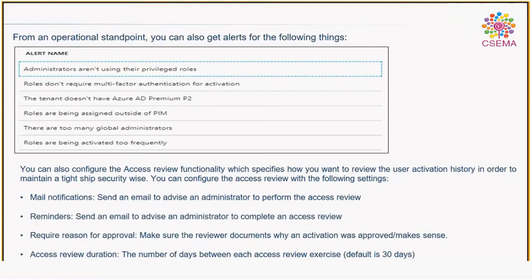You can always propose that this is the best solution offered by Microsoft. So we talked about notification. It sends mail notifications and a reminder email, and it requires approval and access review. The number of days between each access review exercise defaults to 30 days, right?